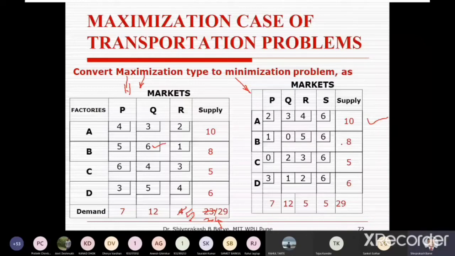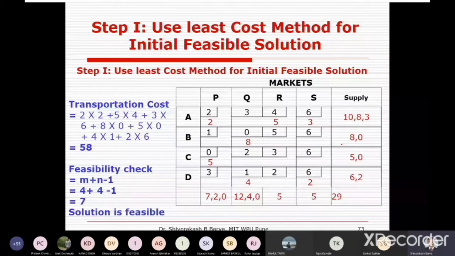So in the next, you can see here for this regular problem, I have used the least cost method, because I want to minimize the iterations. So purposely I used the least cost method here. In the least cost method, I get minimum iterations and I can save time. So the least cost method